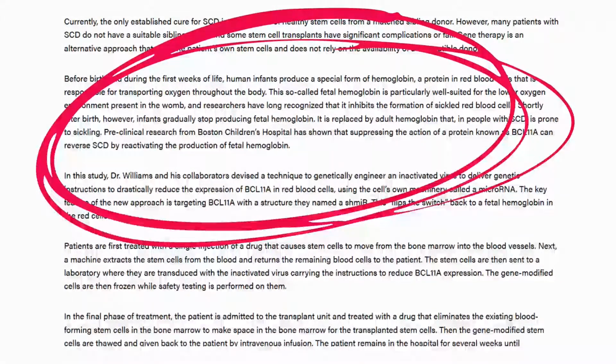Now, the crux of gene therapy, and this is research that's still ongoing with clinical trials that are presently going on at the Boston Children's Hospital in the United States. This research has shown that the production of fetal hemoglobin can be reactivated, which in the case of an individual with sickle cell disease will reverse the condition. Now, the scientists working on this believe that this process can be reversed by suppressing or preventing the activity of a protein called